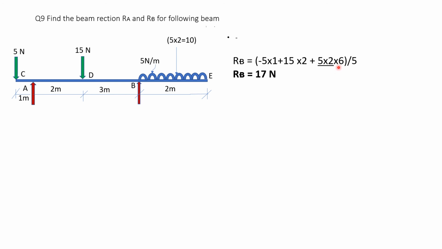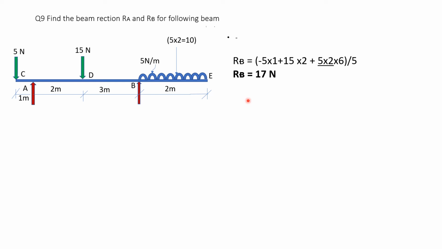Now here we have taken all the forces, so put the bracket here, and in the starting put the bracket, and divide by the distance between A and B, which is 5, it is not 6, here it is 5, so divide by 5. Now take the calculators in your hand, bracket open, minus 5 into 1 plus 15 into 2 plus 5 into 2 into 6, bracket close, divided by 5 is equal to,